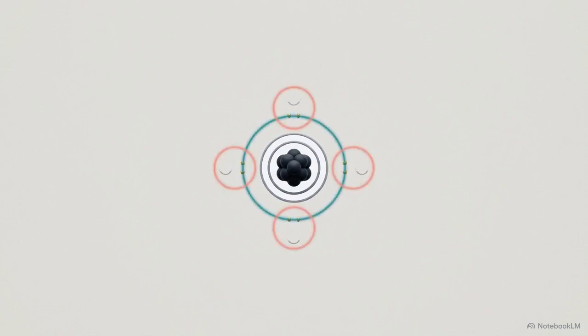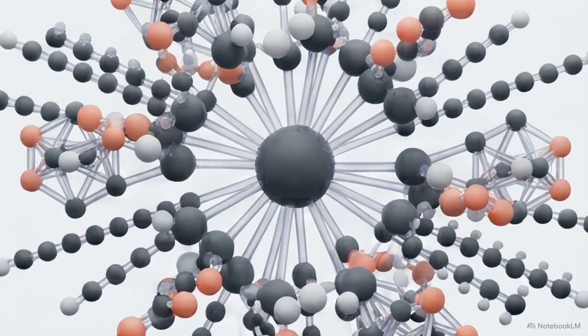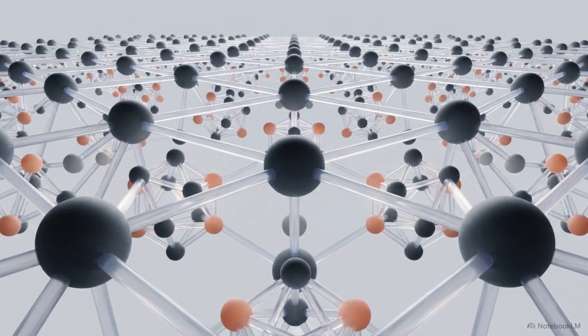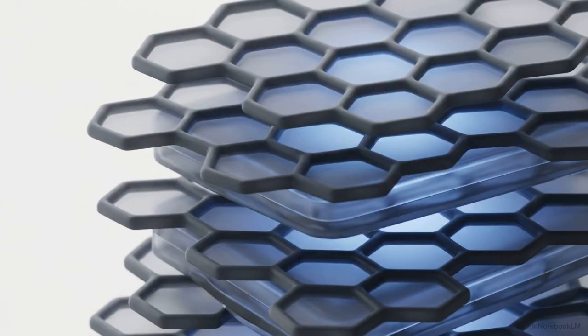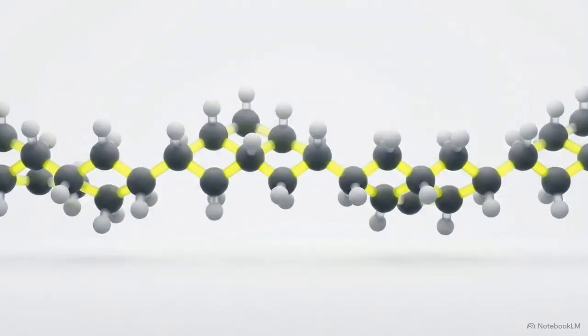Since it has those 4 empty slots, it can execute this sharing trick with up to 4 different atoms at the same time. This means a covalent bond acts like a continuous structural joint. Instead of isolating themselves, carbon atoms use these 4 connections to build massive, sprawling networks. As it turns out, carbon's favorite element to share with is actually itself. It uses those bonds to link carbon to carbon to carbon, acting as a flexible backbone.